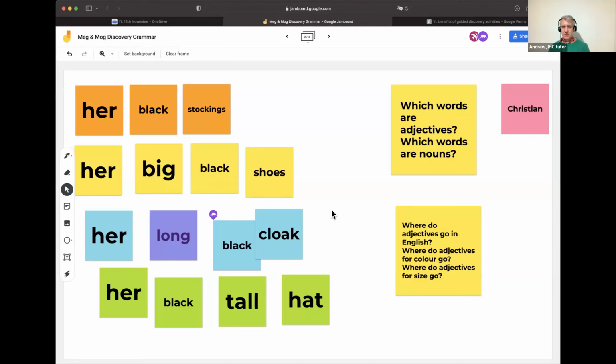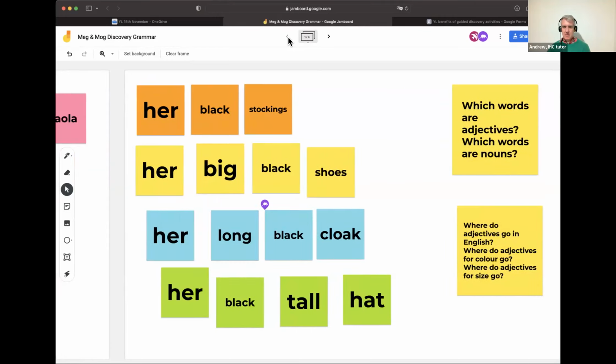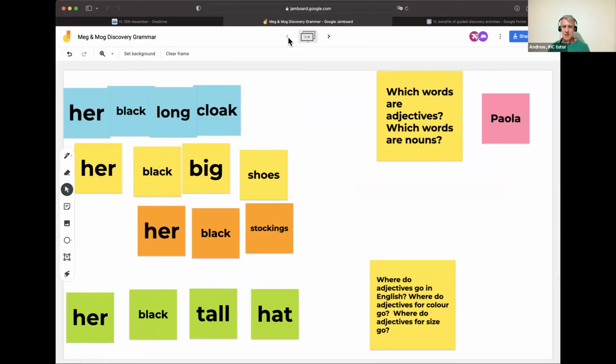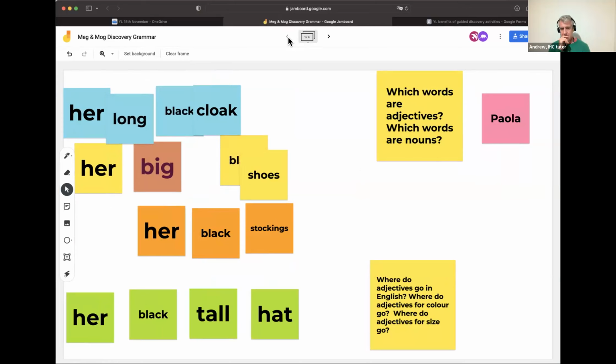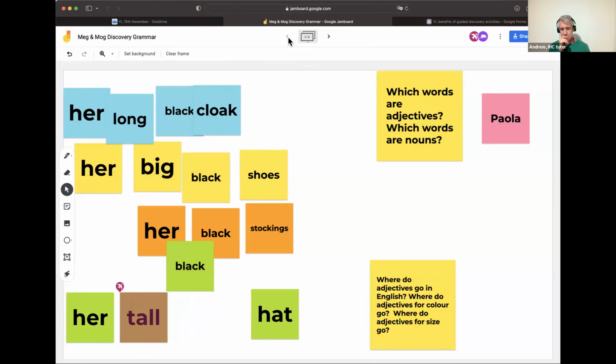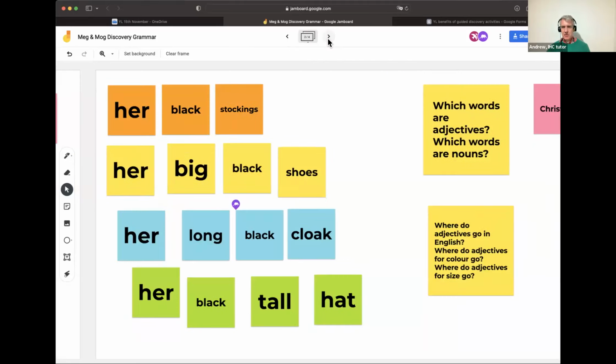That's right. And what about the green ones? Right. So just to confirm,